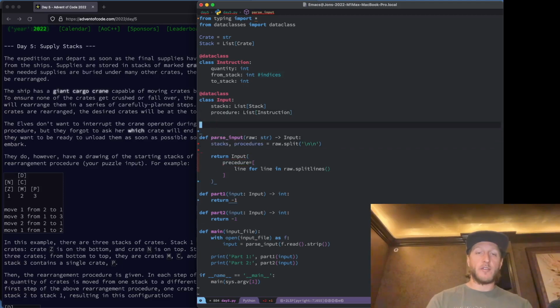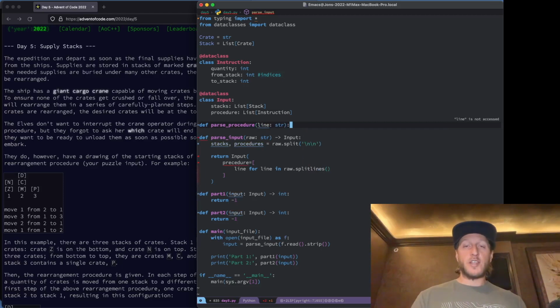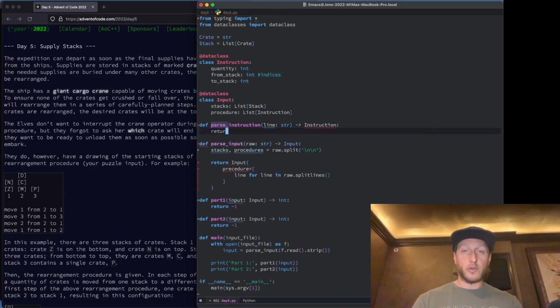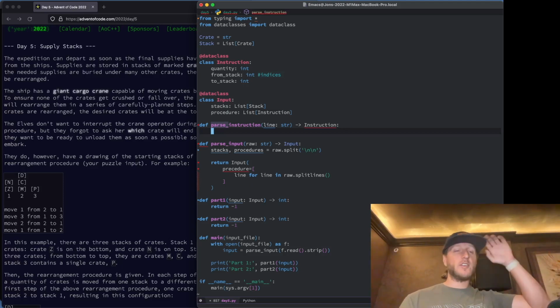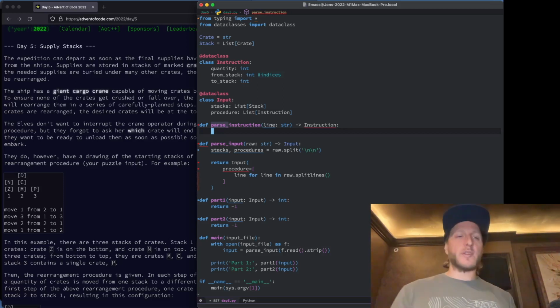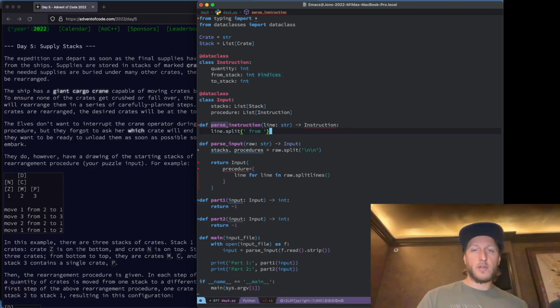So let's do def parse procedure line, taking in a line and returning an instruction. We'll call this instruction, and we will return. First we could do a regex here, but I find it's a little bit easier to pull out things using split, because I don't like importing the Python regex stack. So line.split from